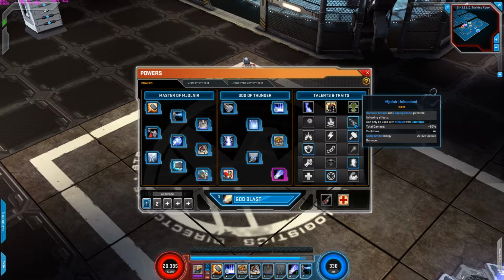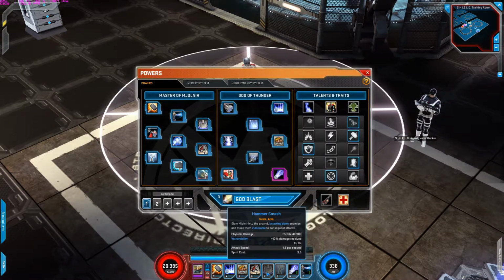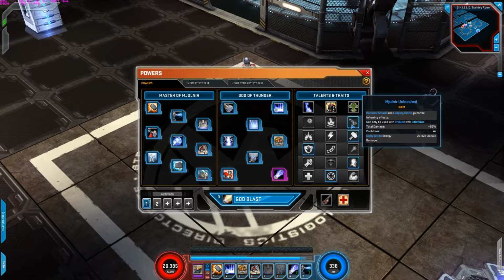The total damage is increased by 50%. Cooldown is 4 seconds, and you get Godly Smite, which gives you energy damage of 20 to 30,000. So what this does is Hammer Smash and Leaping Smite. These two powers are Hammer Smash right here, which is my F power, that it can only be used when you have